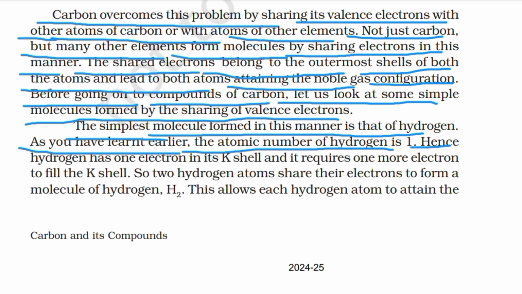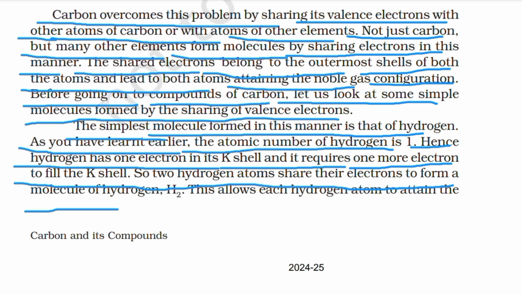Hence, hydrogen has one electron in its K shell and it requires one more electron to fill the K shell. So two hydrogen atoms share their electrons to form a molecule of hydrogen, H2. This allows each hydrogen atom to attain the